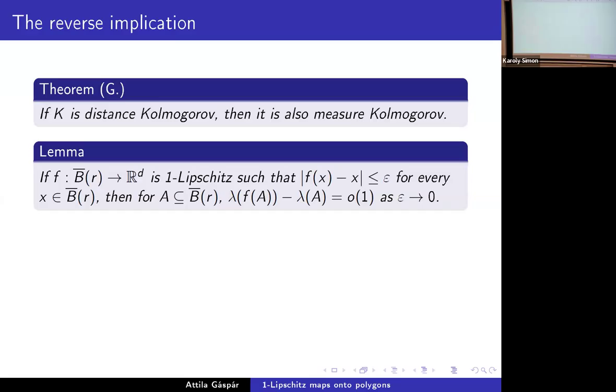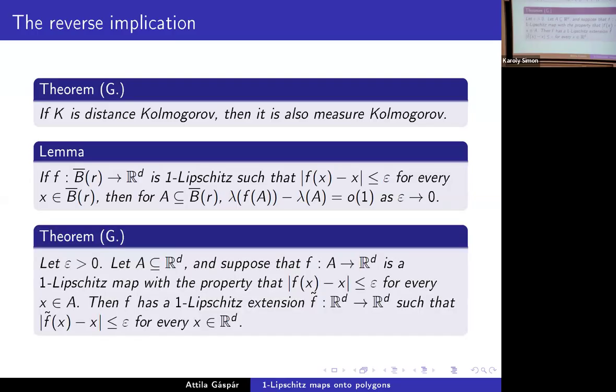And we could extend it to a one-Lipschitz map using Kirchhoff's theorem, but there's nothing guaranteeing that it will still have small displacements. But fortunately, we can do this extension in such a way that the displacement also stays small. The proof of this theorem is similar to that of Kirchhoff's theorem, but it is somewhat technical, so I won't go into the details. I'd also like to remark that, like Kirchhoff's theorem, this also holds for Hilbert spaces.